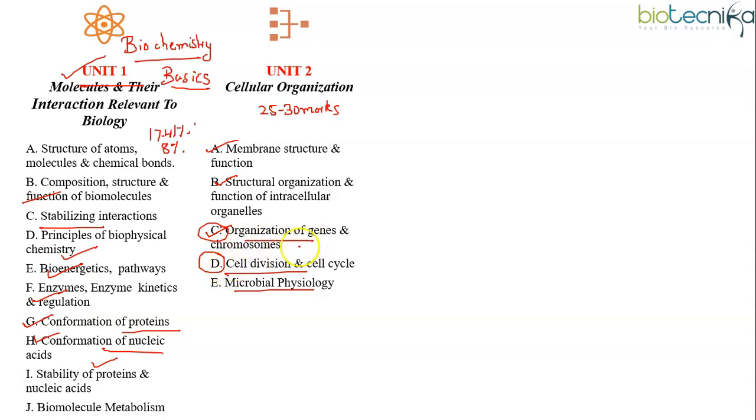Because without understanding the genome organization, without understanding this concept, how can you understand the fundamental processes which you study in Unit 3? So for example, if you need to study about operon, which is actually a part of Unit 3, but if you are aware of the basics in Unit 2, then it will be easy for you to understand the concept there. Also, cell cycle regulation you study in Unit 2, but you can relate it with topics like cancer and apoptosis, which you study in Unit 4.